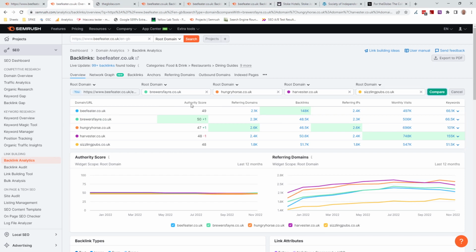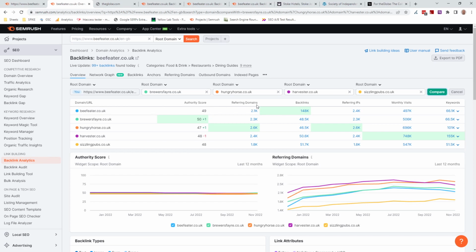It's something that the industry as a whole has done in the past, to say, well, we only want links from a high authority score website, and you'll get some that are quite low, and they'll be really, really good websites, and clients have said, well, we don't want them because they've got a low score. That is not the way to go about looking at backlinks. So that's authority score for you, one to be quite careful about.